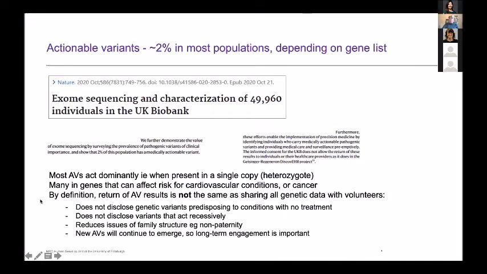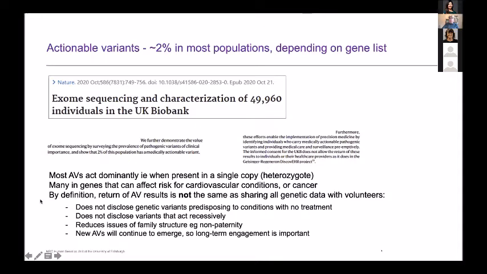What sort of level are we talking about? How rare is an actionable variant? Well, it turns out they're actually cumulatively not especially rare, roughly 2%. And that's exemplified again by the UK Biobank. This paper was published in Nature almost exactly a year ago, and I've taken a snip from the abstract showing that 2% of this population has a medically actionable variant.